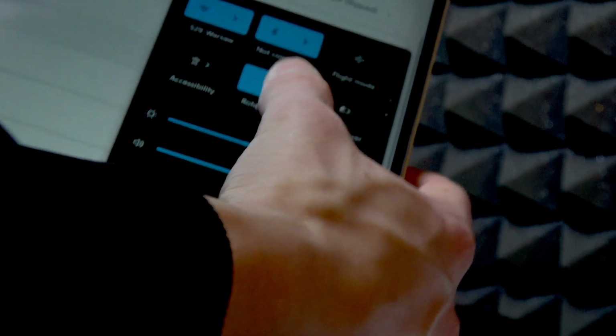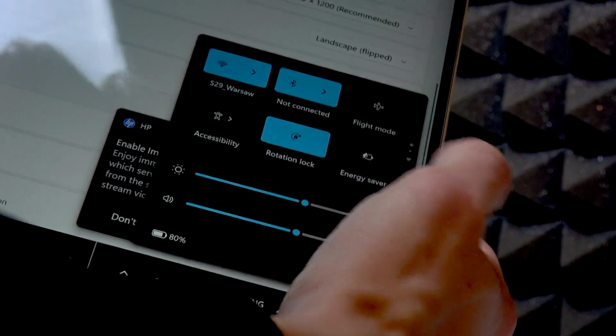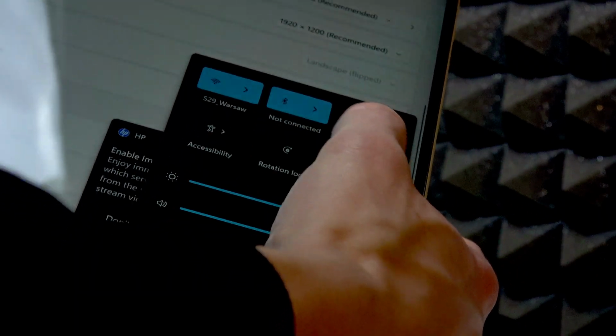The rotation lock in here. However, on my PC, it's only available in the tablet mode. And now, if it's not available for you,